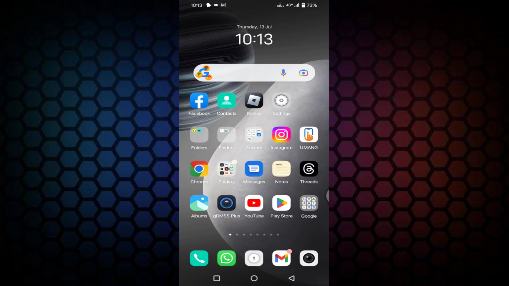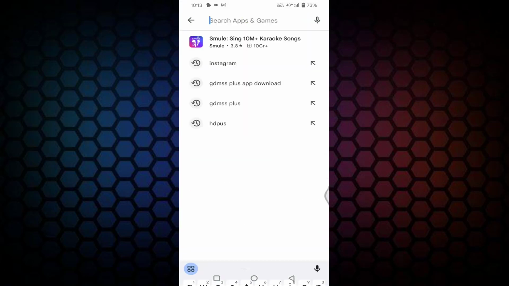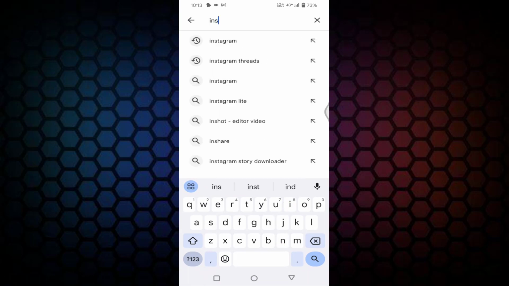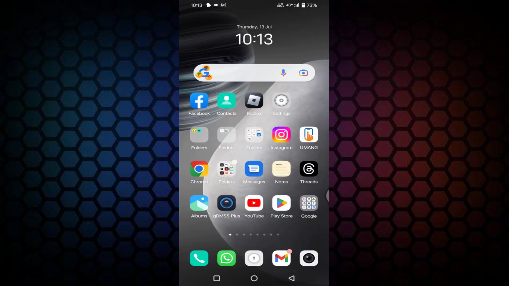Guys, if you want to fix the "you cannot leave likes for 3 days" problem on your Instagram, then I will show you a simple method to do this. First of all, you need to check whether your Instagram is up to date or not. Just tap on the Play Store and search for Instagram. If your Instagram is not up to date, then update it from here. After updating, go back and tap on settings,